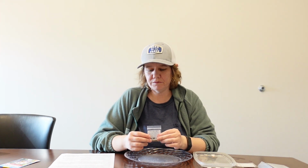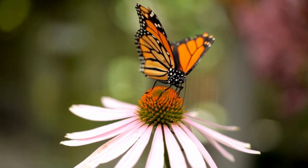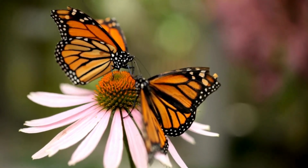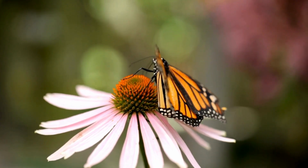I also have here purple coneflower. Purple coneflower doesn't require the cold stratification. However, people have reported that the germination rate is improved with cold stratification, so it doesn't hurt and it can help. It could be very useful, so you might give it a try with your coneflower. There are many hybrid coneflowers that don't serve pollinators as well as wild types do. Consider planting purple coneflower, pale purple coneflower, or other wild echinacea to maximize your garden's value to pollinators and other